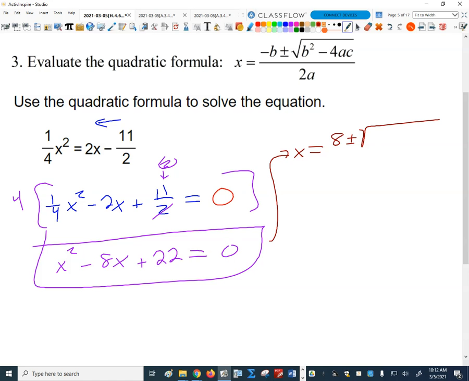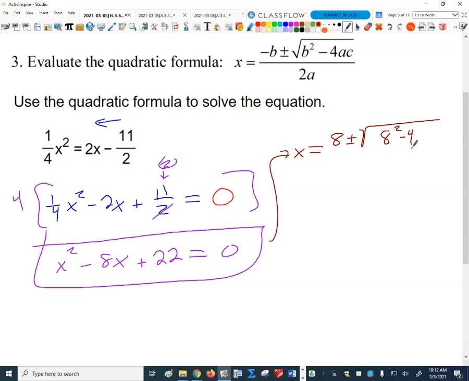A really common mistake is writing -8 squared and forgetting the parentheses, so when I plug it into a calculator I get the wrong answer. Let's avoid that and just never write it as negative in the first place. Just write it as 8 squared,